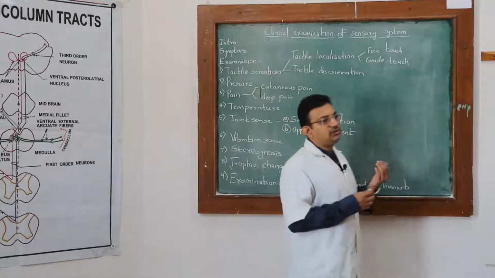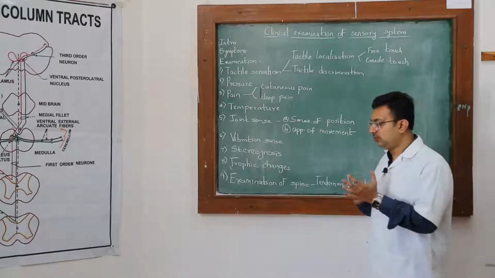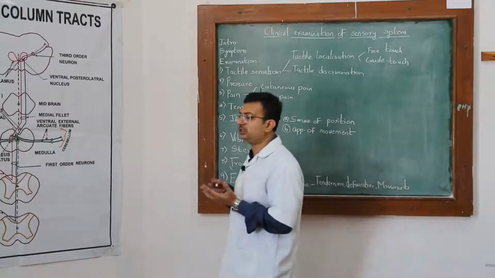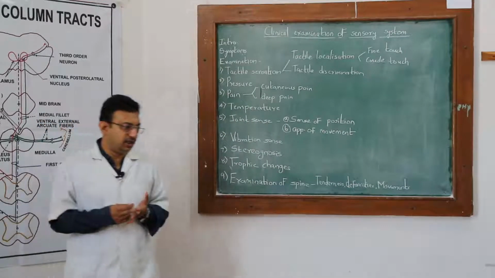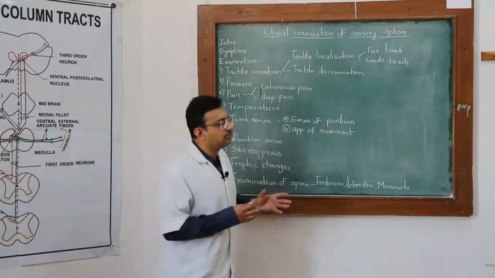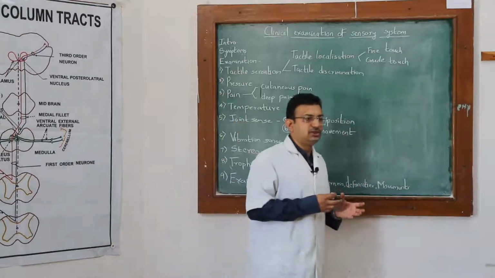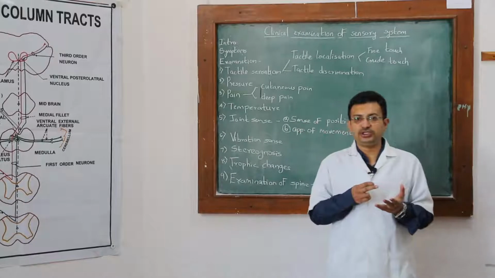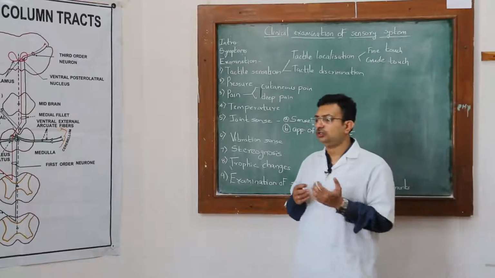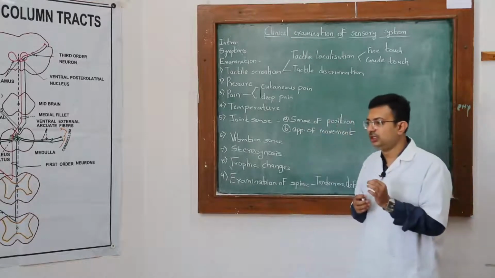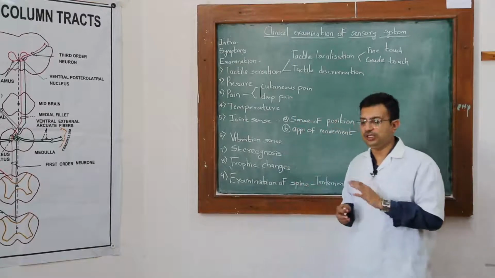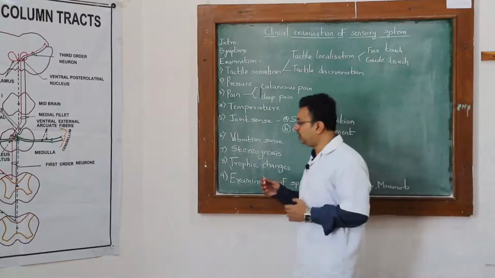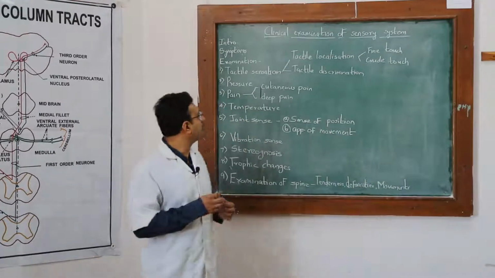So before going to this practical, you should always know what do you mean by receptor, what is a dermatome, what are the tracts, what are the ascending tracts, how they work, how they relay the messages, what is first order, what is second order, what is third order. So all these concepts should be there in your mind, in your reading, before going to any of this clinical examination. So we'll start the first examination, that is